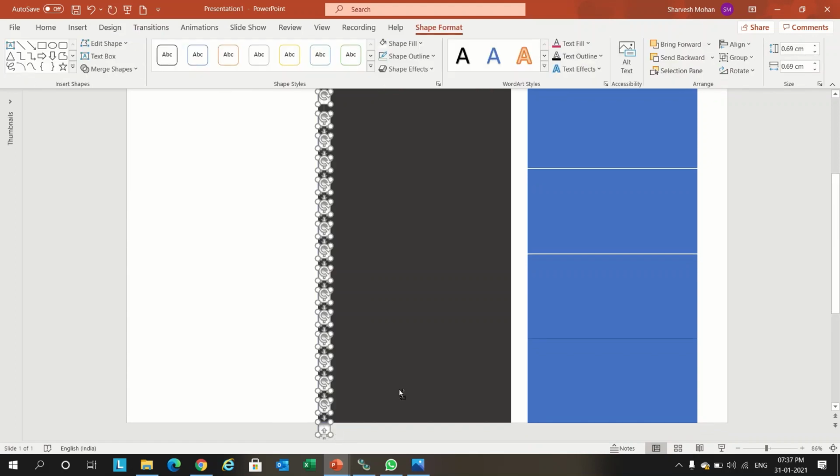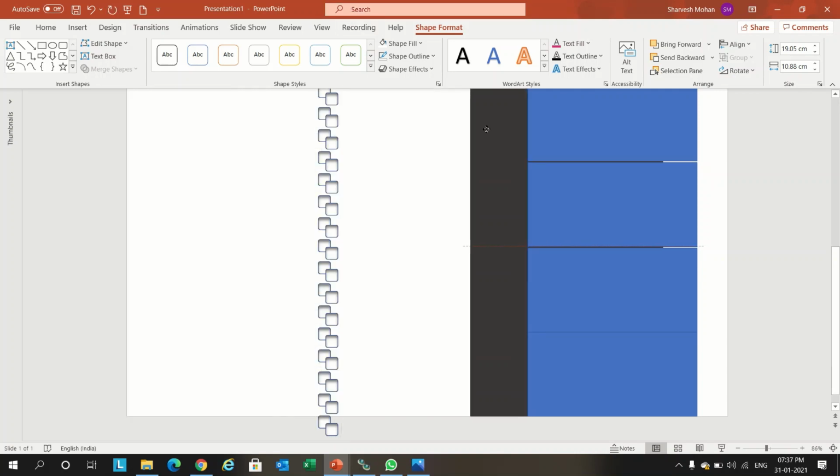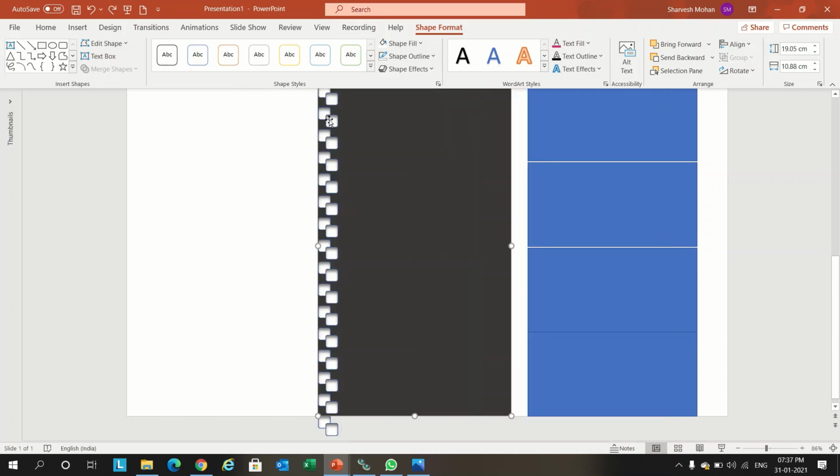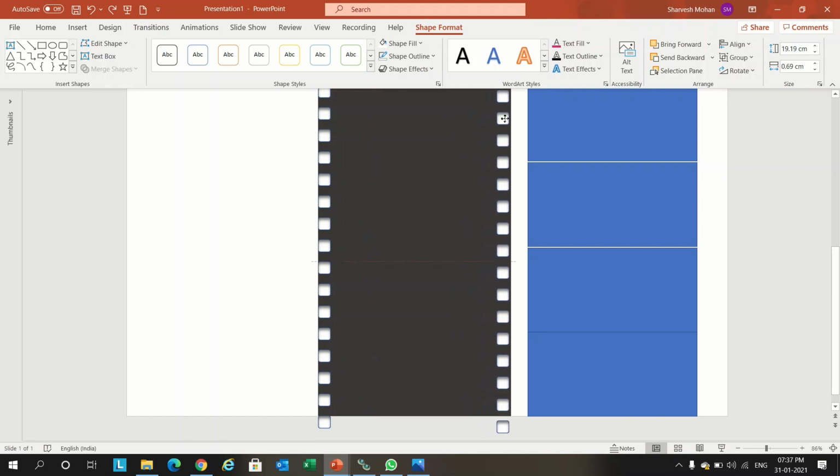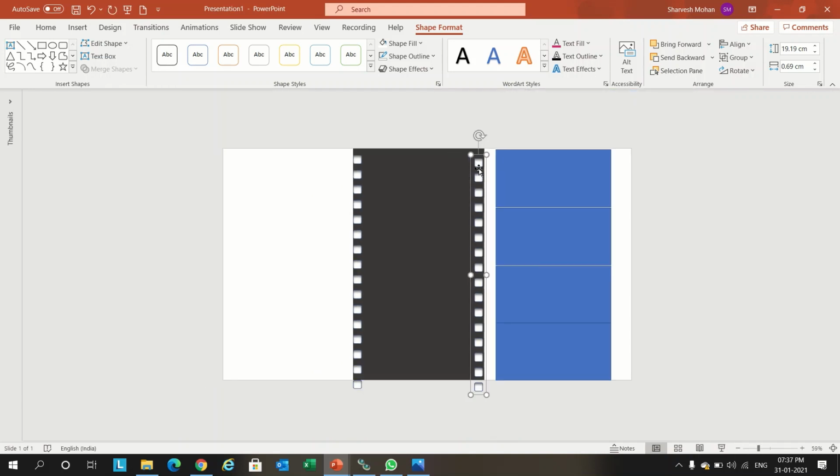Control G will make it grouping, and Control D copy and paste it on the other side. So now we created the film roll effect. Let's slightly adjust.